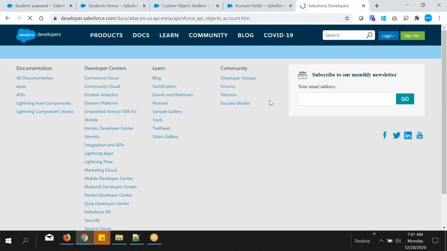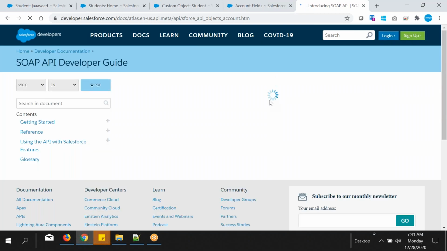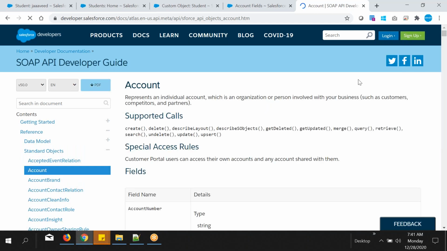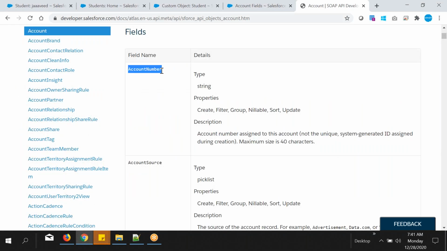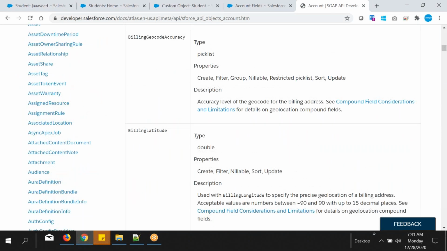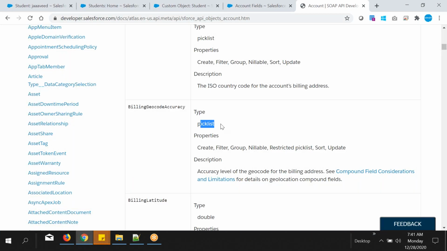Actually, this is not the right time to explain, so at a high level of understanding, leave it. Don't go in depth on what this SOAP API is or what this development is. Forget about your curiosity. This is the object API name. And these are the fields which are available for that object. All fields and their data types you can see here also,